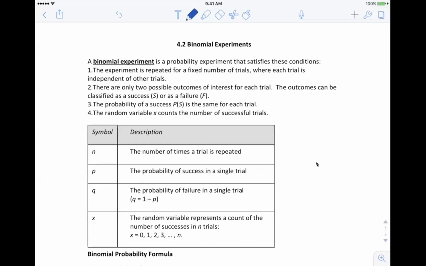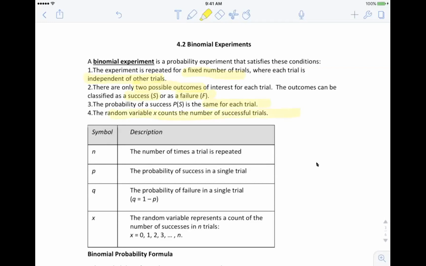A binomial experiment is a type of probability experiment that satisfies some specific conditions, and they're listed here on page 3 of your chapter 4 notes. Basically, it's an experiment that's repeated for a fixed number of trials. Each trial is independent of the others. And there's only two possible outcomes, hence the name binomial, right? There can be a success or a failure. The probability of a success is the same for each trial, and the random variable x is going to count